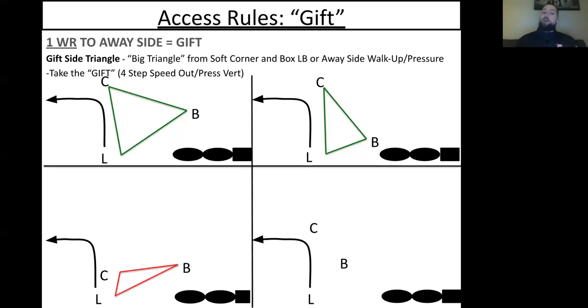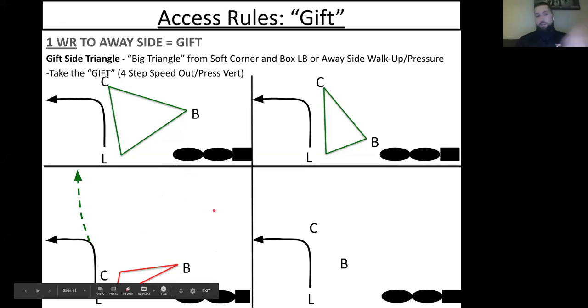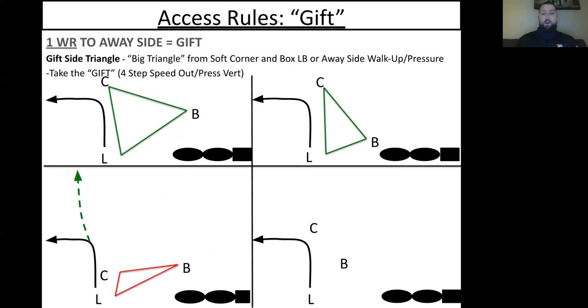Now, the triangle shrinks if the corner comes down to press us down here, right? So the triangle just shrunk. As the triangle shrinks, we don't like it as much, but we do have an adjustment against hard and press corners. We are going to convert that speed out to a vertical. And if he's got no safety help, if none of his buddies are backing him up right here, and we like this personnel matchup, let's go. Catch the ball and throw it, and we'll go win that. It's not a 50-50 ball in our eyes. It's an 80-20 ball. The wideout's going to go win that thing. If not, we're not throwing it, okay?